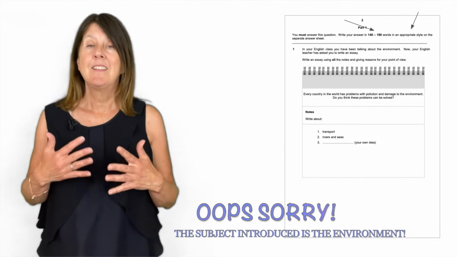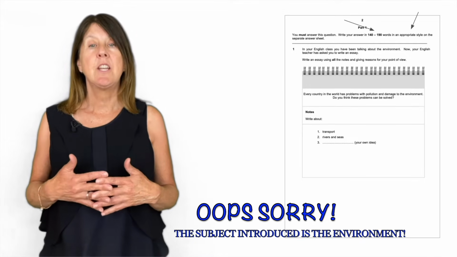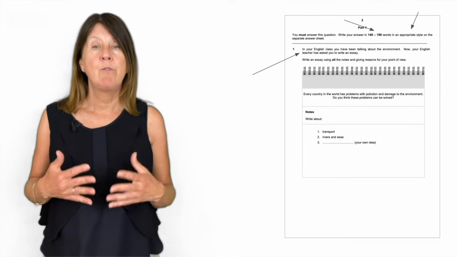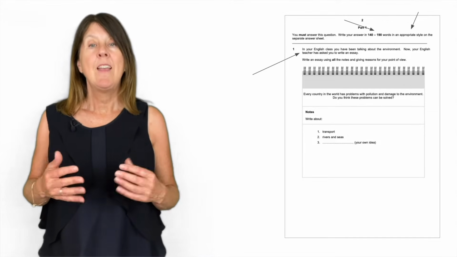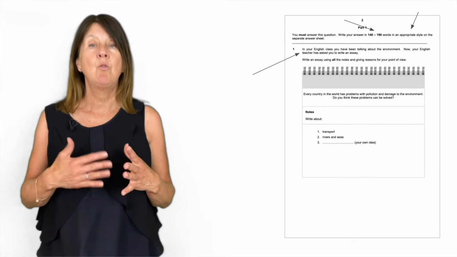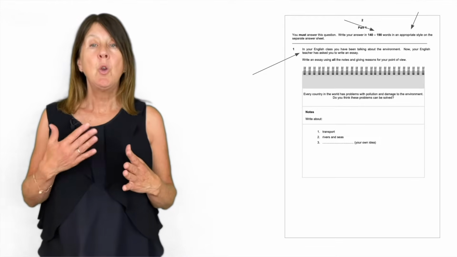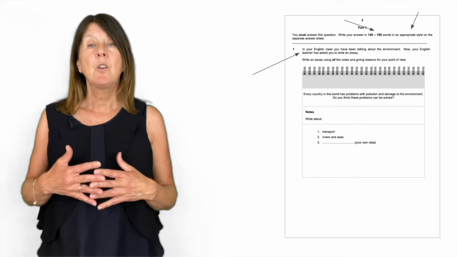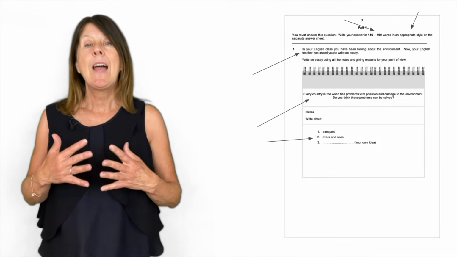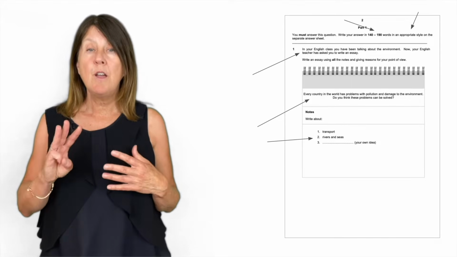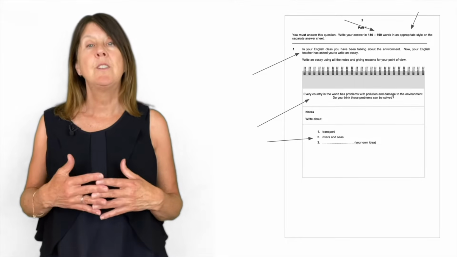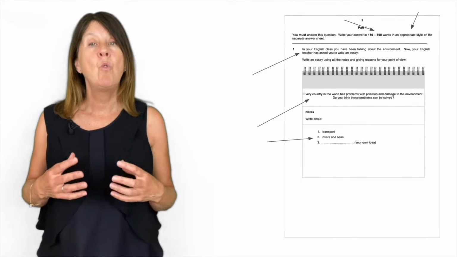In this case, the subject of education is introduced and you are told who you are writing for, your teacher. Whenever you write, it's really important to know who will be reading your writing, in this case the essay. Who is your reader? Then the question is stated and you're given 2 prompts to give you ideas. And you must introduce a 3rd distinct idea of your own. It is really important that you clearly write about all 3 ideas.